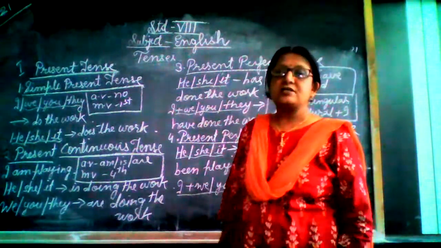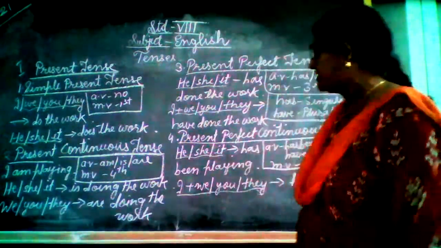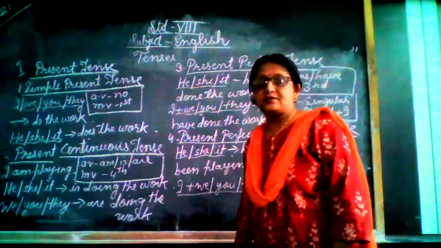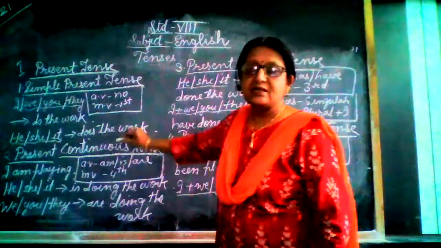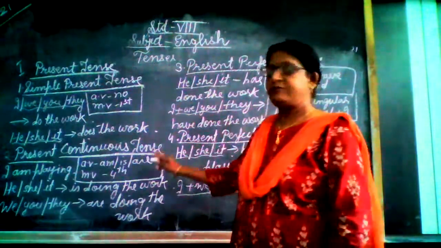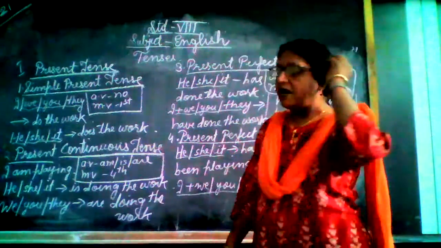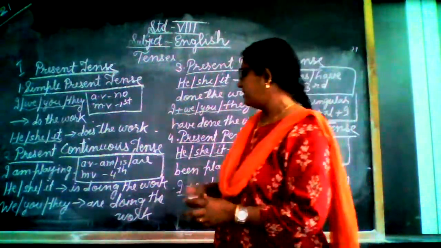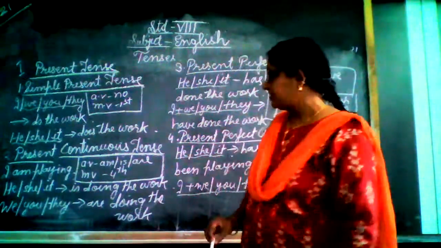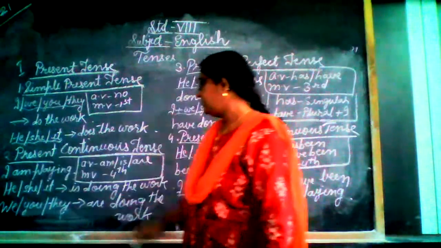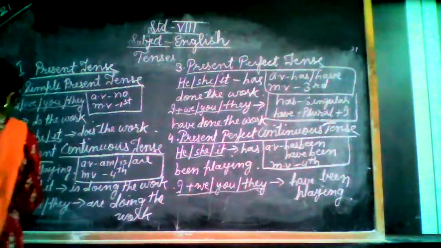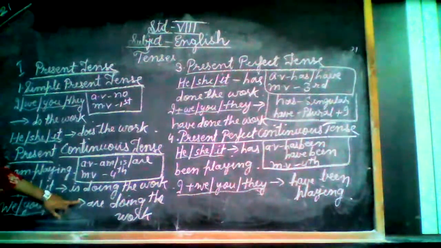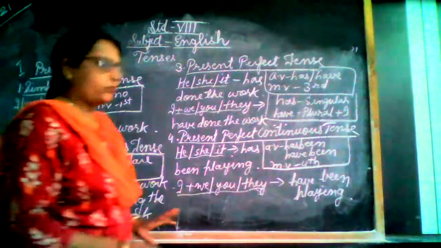Present continuous is also known as the progressive tense. So in the present continuous tense, the auxiliary verbs are am, is, are, and the main verb is in the fourth form. Whenever you see the continuous or progressive verb, the main verb will be in the fourth form, the ing form, the present participle form. Now the auxiliary verb here, am, is, are, depends upon the subject. I am playing. He, she, it, that is singular, so you will get is doing the work, and we, you, they, plural, are doing the work. Main verb in the fourth form.